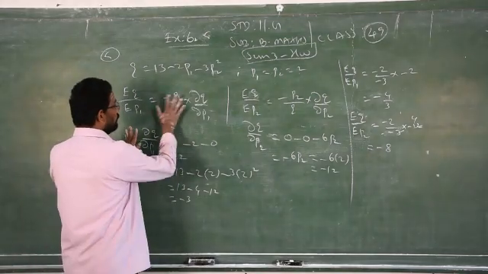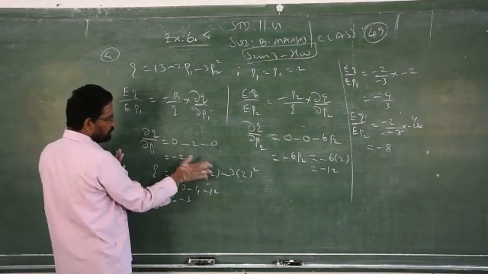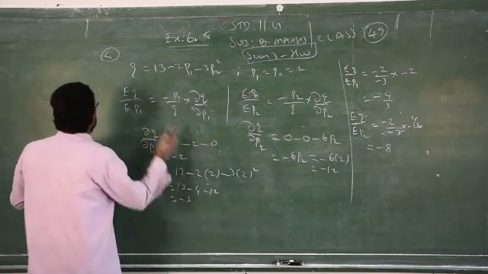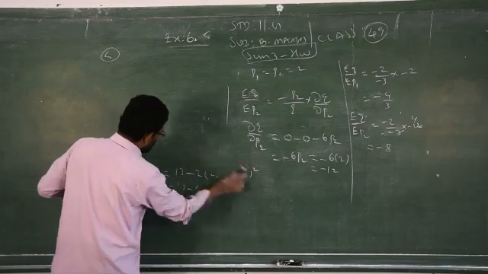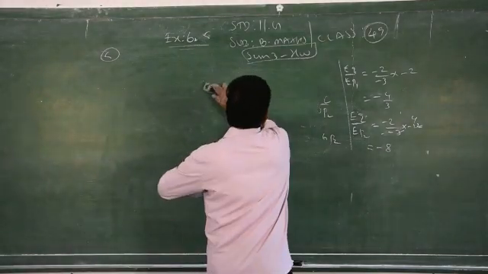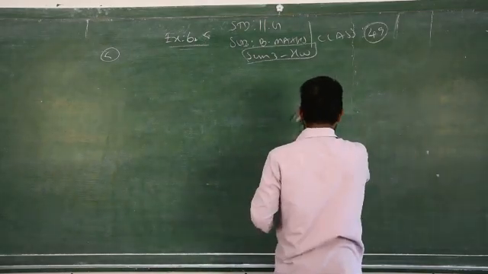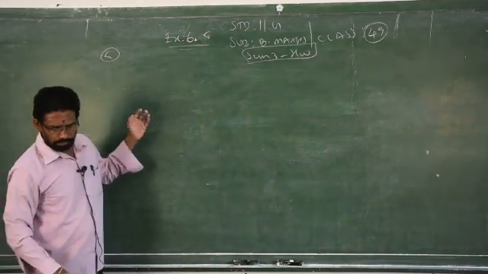So very simple. Only thing, you have to differentiate properly. The negative signs are so important. If you miss the minus sign, then you get a wrong answer. That is the last problem of this exercise. We have concluded this chapter also. So after that, I told you already, in sum number 13 under exercise number 6.2, we made mistakes. I will explain that also.